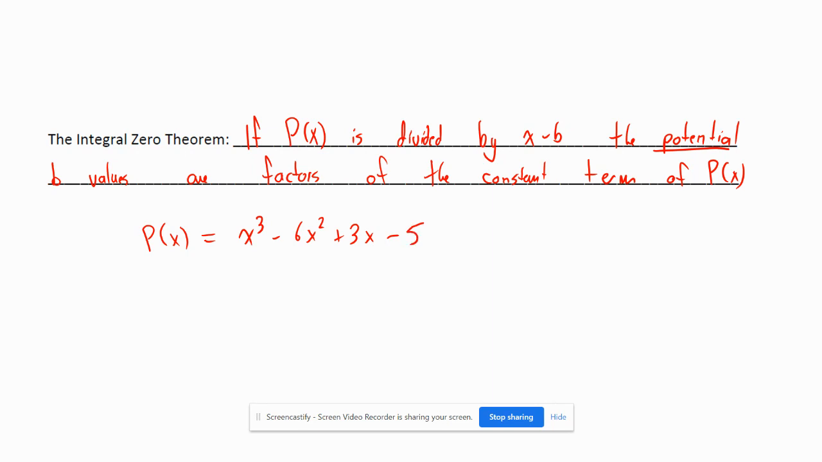So if I'm trying to think what are the potential factors for this guy, well, x plus 1 is possible because 1's a factor of 5. X minus 1 is a potential factor. X plus 5 is potential, and so is x minus 5. So these numbers 1 and 5 are the factors of 5, and we have to include the positive or negative ones. So what this is saying is the potential b values for x minus b have to be factors of this constant term right here. So I'm going to put our potential